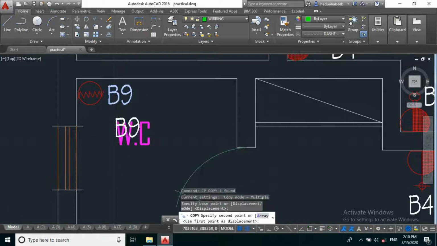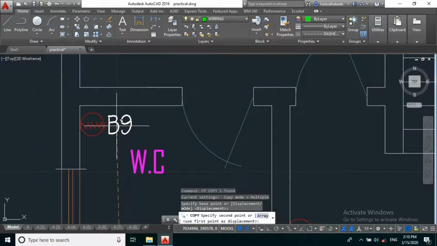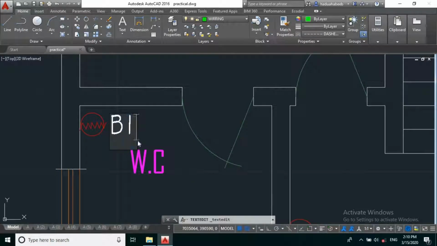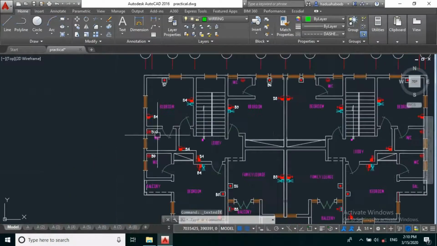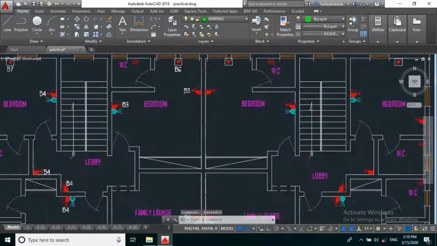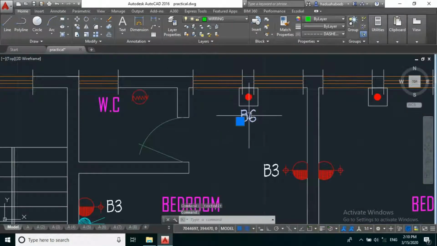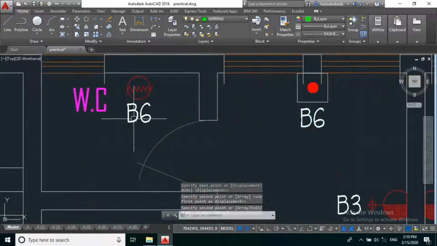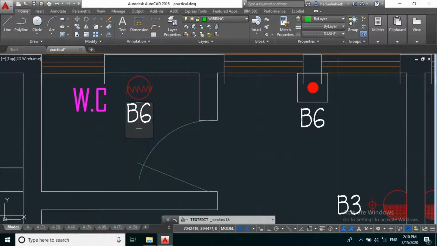Again, B10. So we can now proceed. Okay, we still have another outlet here. So B11.